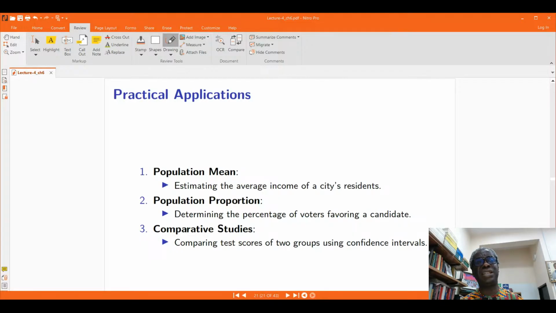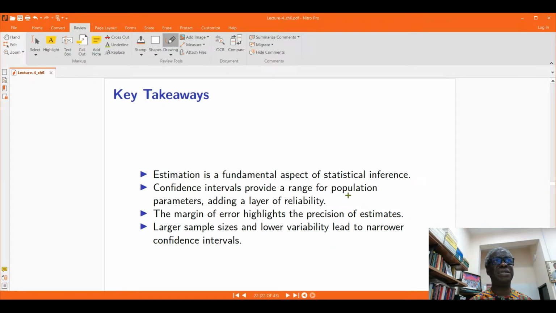You can compare teaching methods. You can compare proportions of those in favor and those not in favor, and things like that. So at this point, we are almost through. Finally,